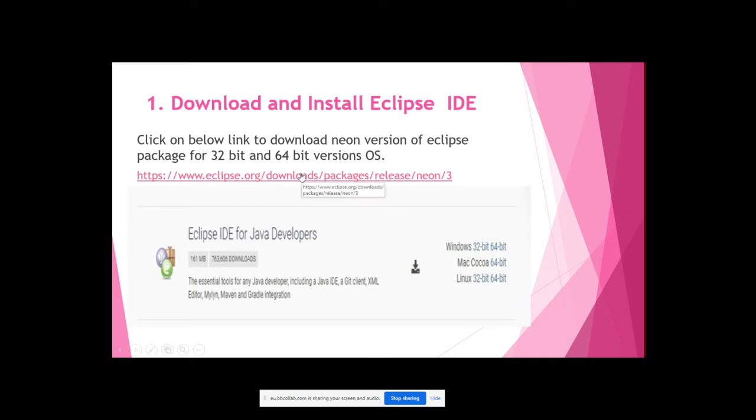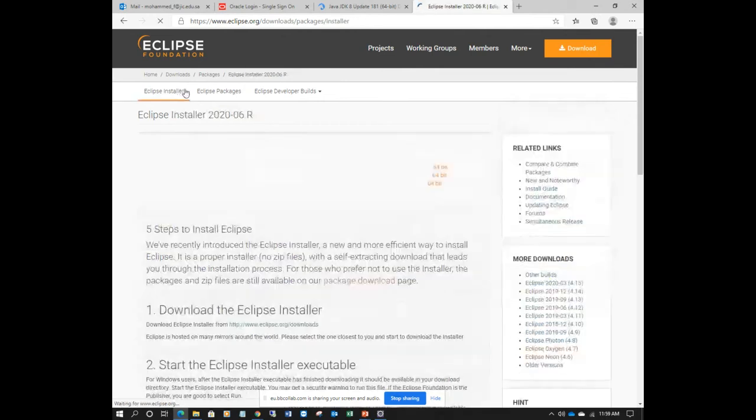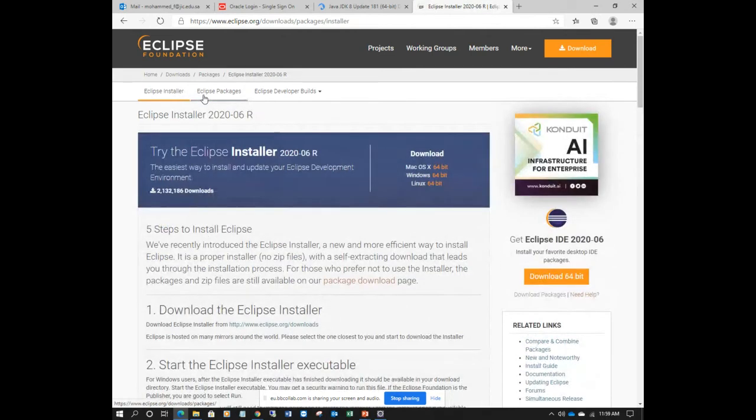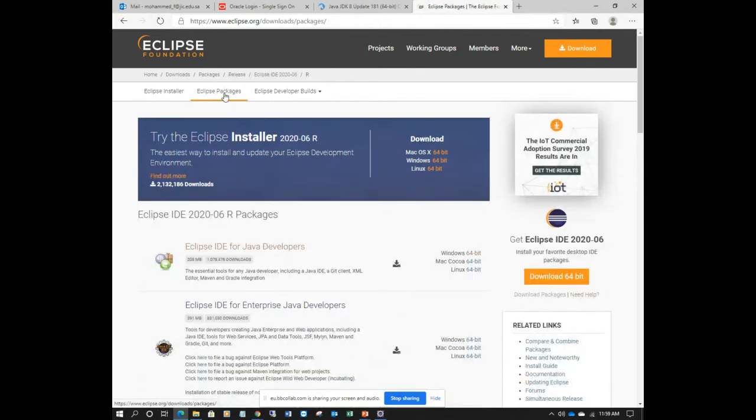So this is a link to Eclipse from the official site. Just click over this link here, Eclipse. It will redirect you to Eclipse Neon. Now there are many versions, like you can see here, many different packages. Actually these come in two sets. One is the installer, which will give you the setup exe file. I prefer the Eclipse package. Make sure you choose the package.